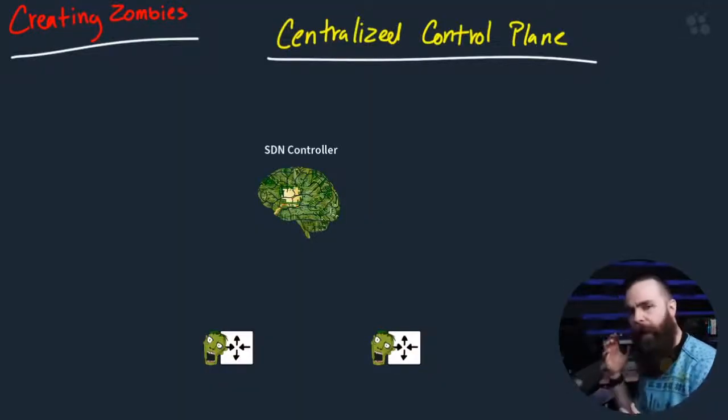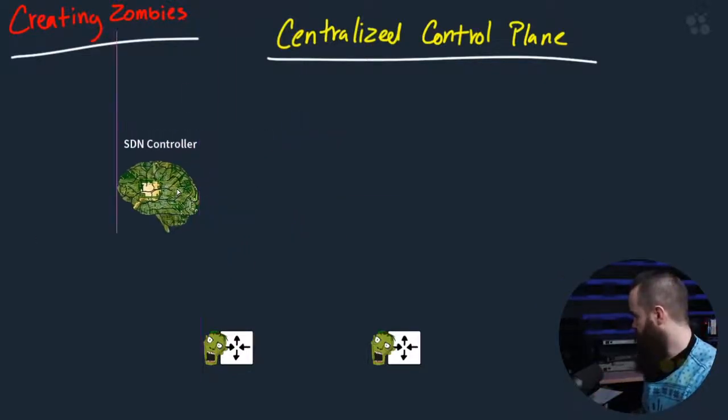But see, now with software-defined networking, we're moving away from that. We're moving away from accessing each individual device, and we're letting the software-defined networking controller control each individual device for us. So where do we come in? How do we automate things? Let's talk about that. First, let's talk about how the SDN controller controls our devices.